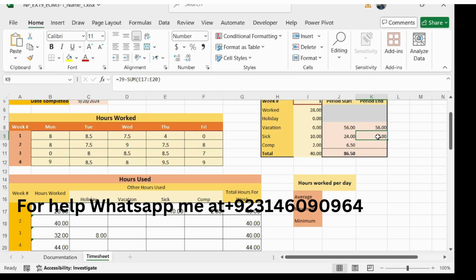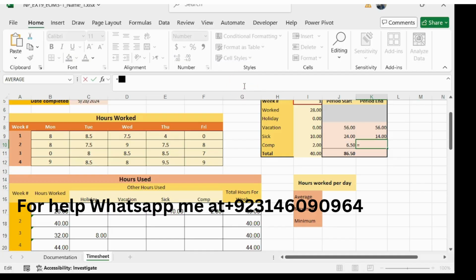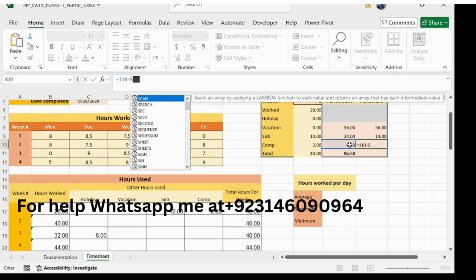And our step number 10 is in cell K10. Create a formula using the sum function that calculates the total of the range. So type is equal to J10, this is cell J10, and subtract from sum.